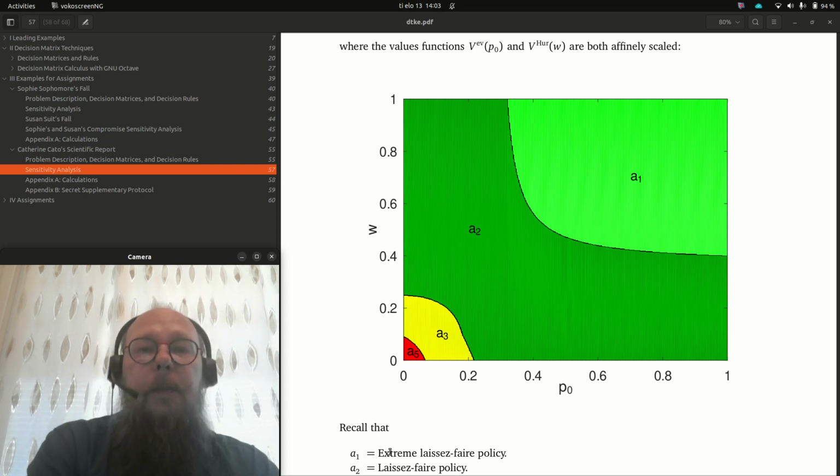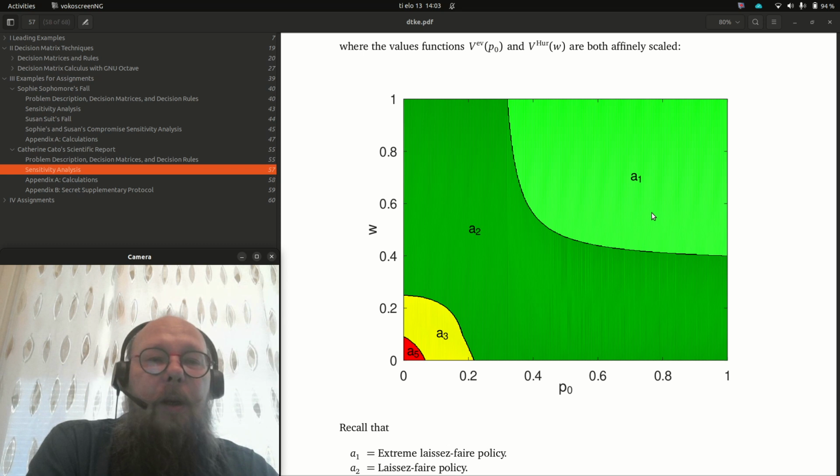And it seems that these right-wing or libertarian or laissez-faire policies dominate. So if we take the P0, which is the probability, here this is P0 equals 0, it means that we really have a pandemic, and these are the probabilities we don't have a pandemic at this end, and this is the degree of optimism. So this is that we are very optimistic, and this is that we are very pessimist.